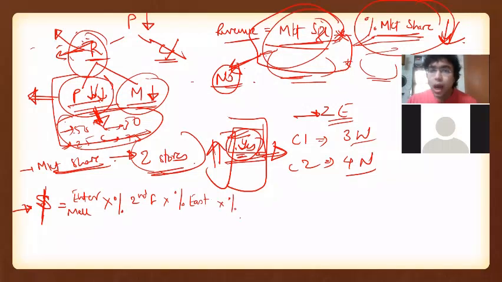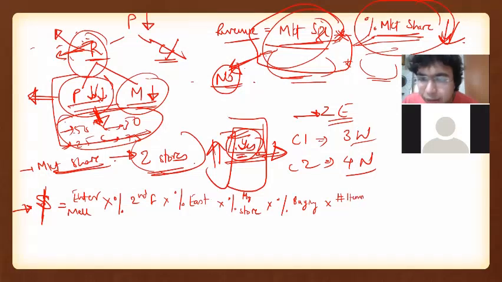Out of that, a percentage of people will be entering my store. Out of that, a percentage of people will be buying, and then there will be average number of items that they buy, and then I have the average per item,